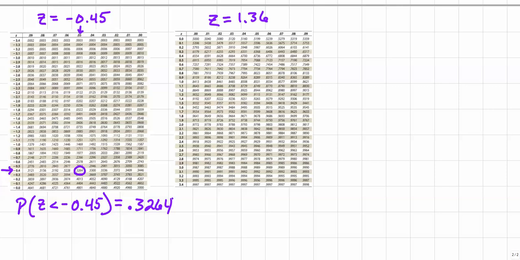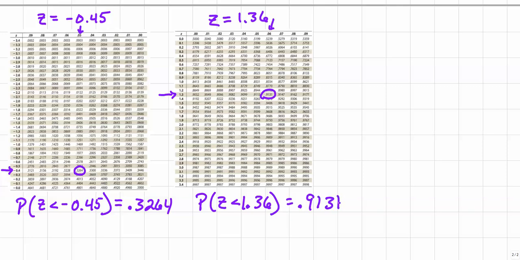0.3264. And once again, for the z-score over here of 1.36, we look right here for 1.3, and then we look right here for 0.06, and where the two meet, that is our probability. So the probability that z is less than 1.36 will be equal to